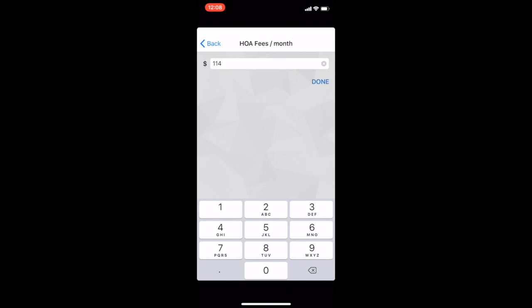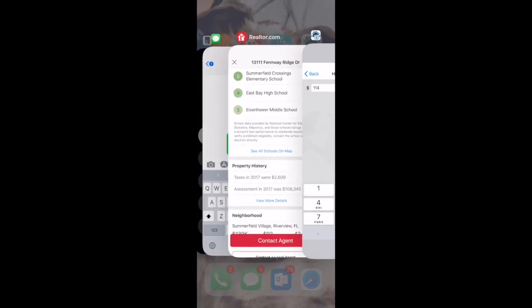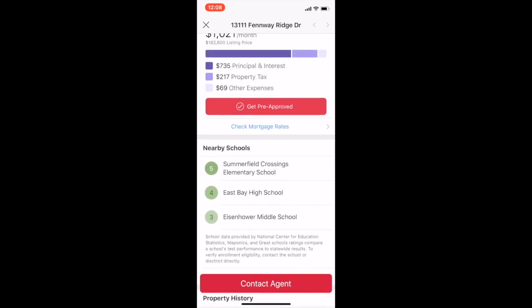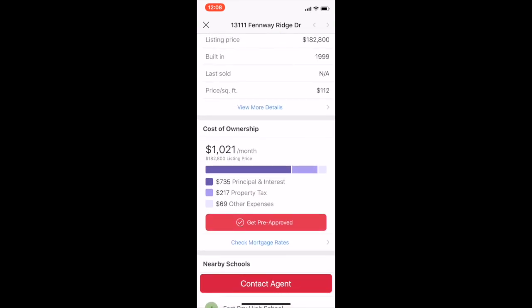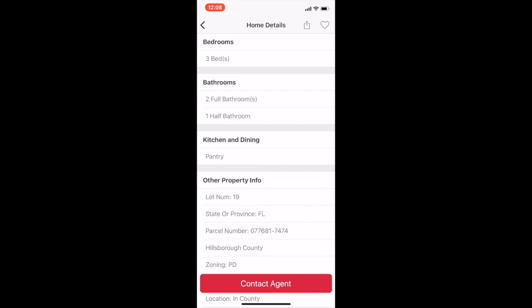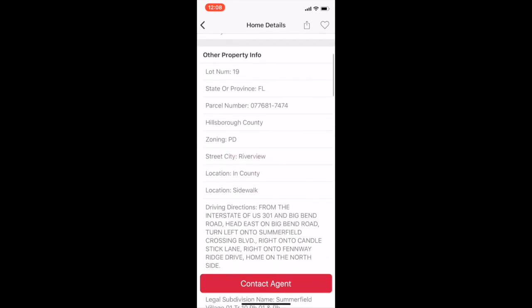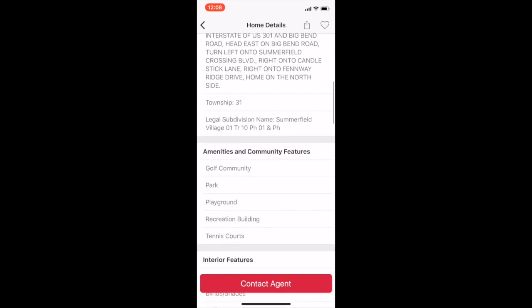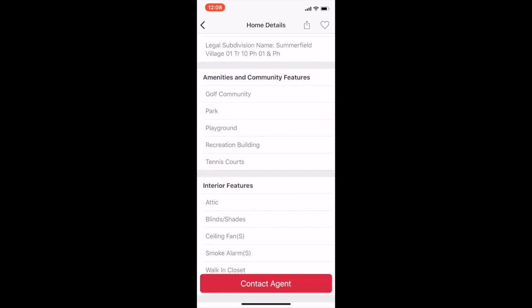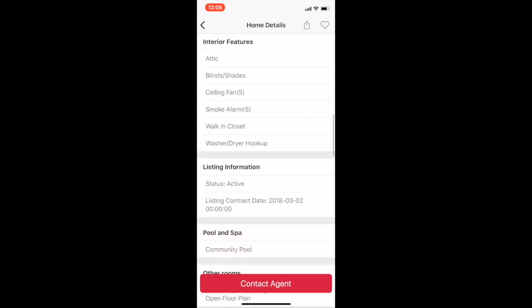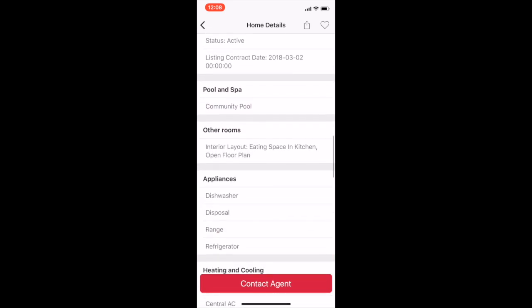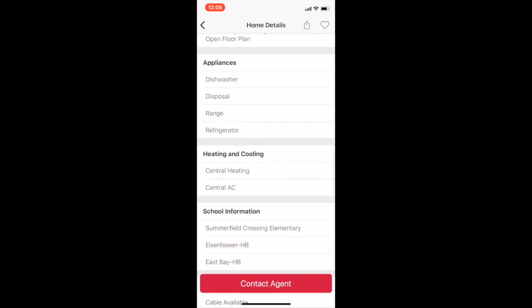HOA fees is going to be whatever the actual amount is for that particular property, and it's always listed in a monthly amount. So for this example, I go back to realtor.com. I go into the home details. And there are a lot of home details on this one, so it takes me a little bit to get to the bottom. And plus I have this in slow motion, so I can do this voiceover view for you. But once you get down to the bottom,